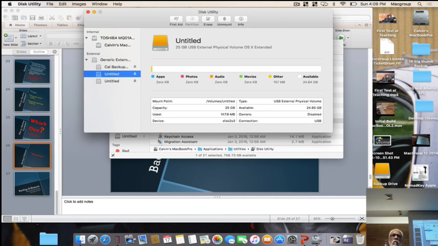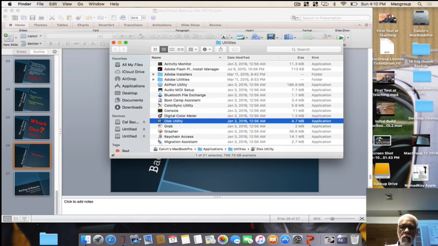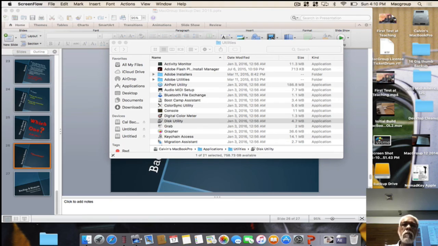Right. You can actually have Time Machine back up an external drive that's plugged into the computer. So technically you could say, yes, I want to back up that other half. I don't know why you would want to do that, but technically you could. I've had people come in saying, my iTunes library is way too big for my MacBook Air. I've got 300 gigs worth of movies and music. I have a 128 gig flash drive in this thing. What do I do? So we tell them, we take an external drive,